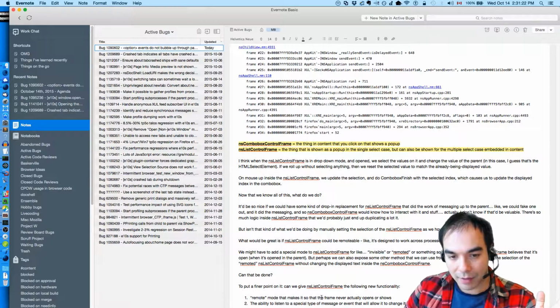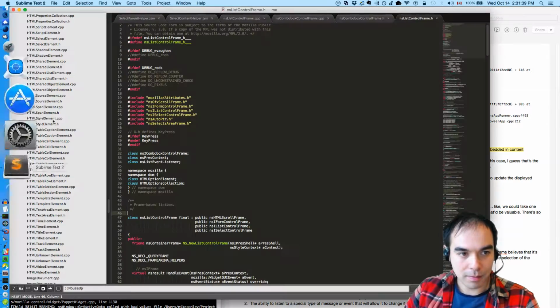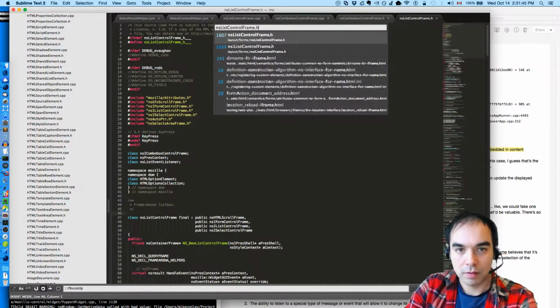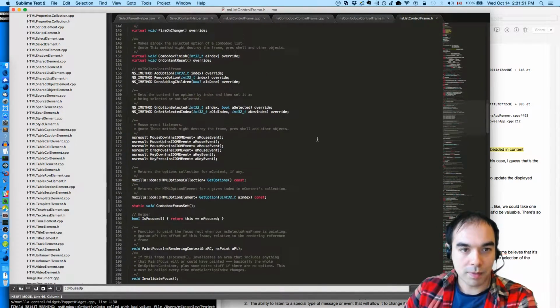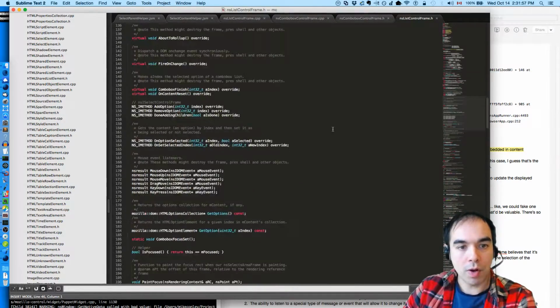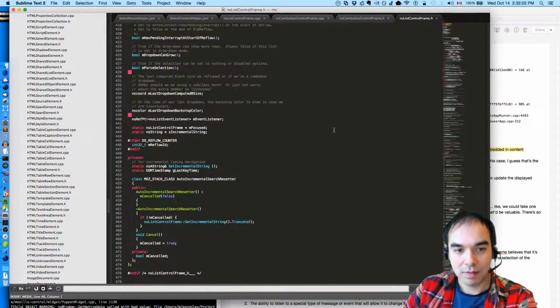And I think I've got an idea on how to proceed. I've got this very vague sense of how we could perhaps proceed. Even this first part we've already done, sort of, in that, if you look at the NS list control frame header, I think I've added a new flag, like is remote or something. Or there's some special mode. I think I just check whether or not we're running in the content process, and then it behaves slightly differently.